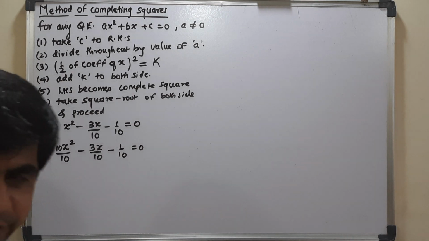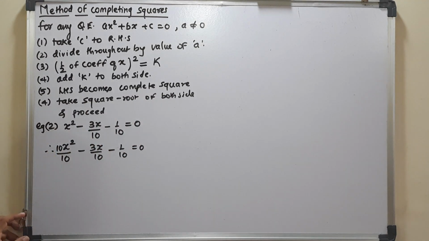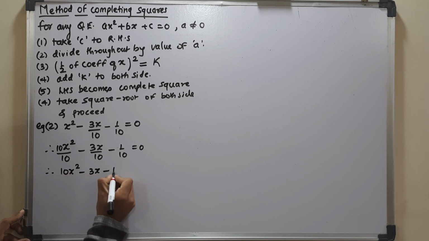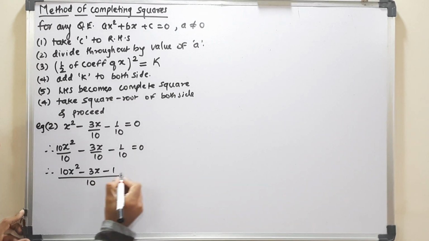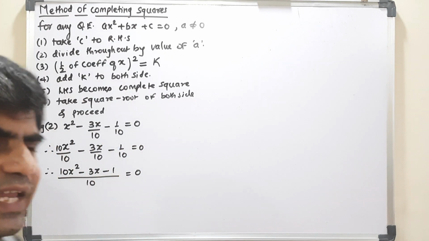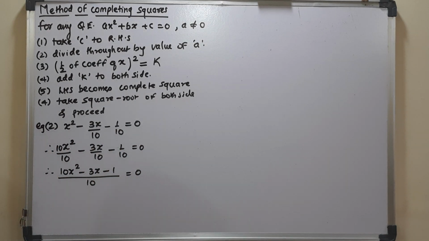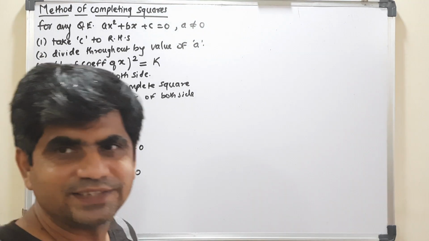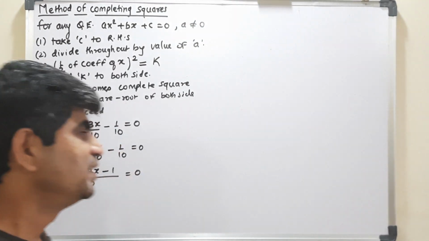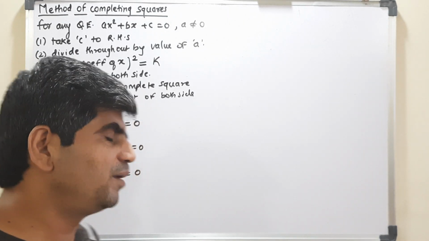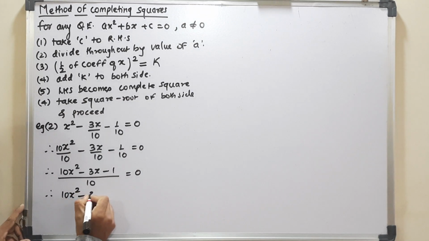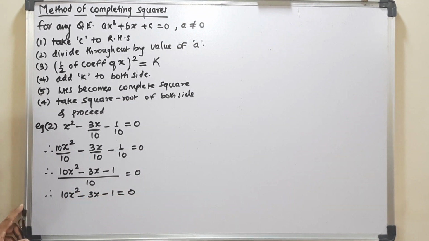That means I did not do anything. Right? Now the denominator becomes common over here. So here I get 10x square minus 3x minus 1, the whole upon 10 is equal to 0. Okay? And then, in common mathematical terms, you take 10 to the other side, it is division here, it will become multiplication there, and once it becomes multiplication, it will become 0. That is not correct. I have shown you actually the correct method, but let it be. That is working out now, so it is well and good. 10x square minus 3x minus 1 is equal to 0.